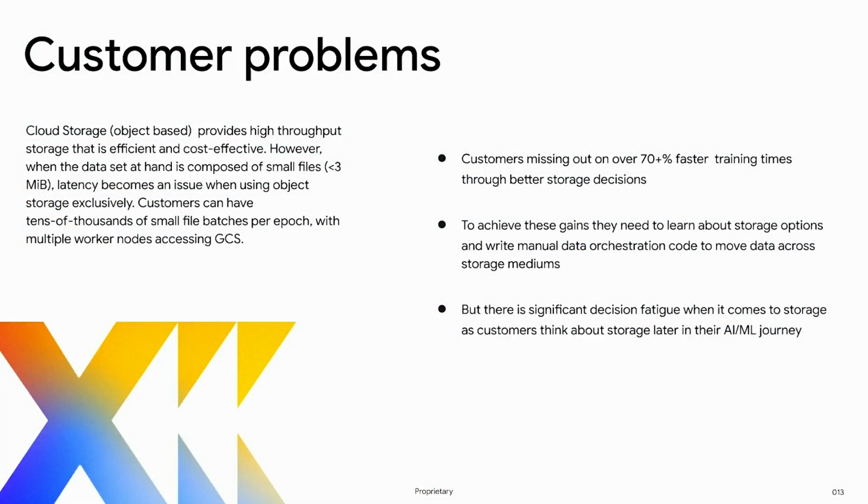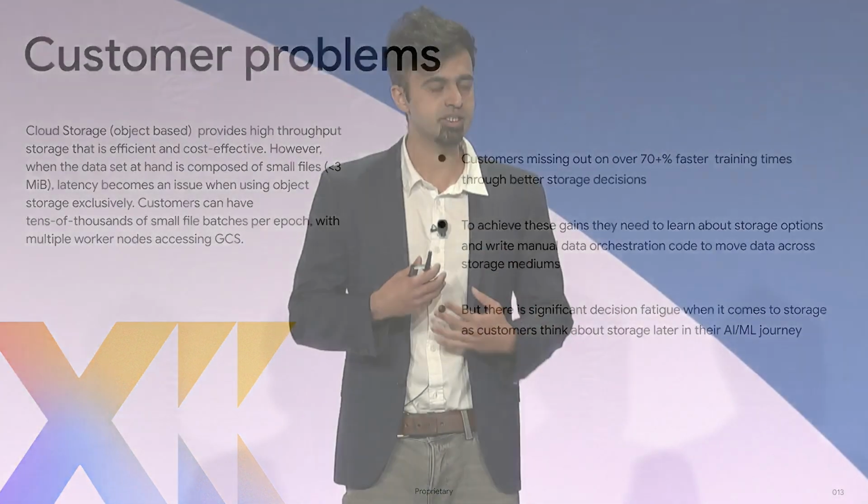So the problem statement here is actually quite simple. Customers, when you ask them, especially the AI/ML customers, what is your storage choice? I think cloud storage, which is Google Cloud's object storage, is very popular. And why is it popular? It's extremely cost efficient, it's scalable, it has integrations with Python through the SDK, and I can't emphasize how important that is to have integrations with Python. So it's almost the default storage for customers to use for AI/ML-based applications. And it works great. A lot of customers use it with the SDK for training.